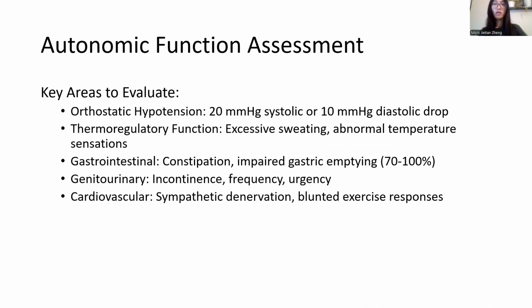Autonomic dysfunction assessment covers multiple body systems that are commonly affected in Parkinson's disease. Orthostatic hypotension is diagnosed when there's a 20 millimeter mercury drop in systolic pressure or a 10 millimeter mercury drop in diastolic pressure upon standing. This will drastically increase the fall risk and must be carefully monitored. On the other hand, thermoregulatory problems include excessive sweating and abnormal temperature sensations that can be quite distressing